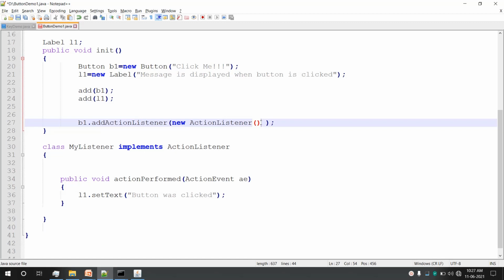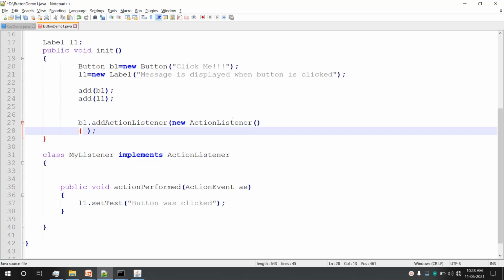Then we should have a flower bracket open. I'll take it on the next line for better understanding. After the flower bracket we have to declare the method. Now we have a class here which is inheriting action listener. As it is inheriting action listener, which is an interface, the method should follow.